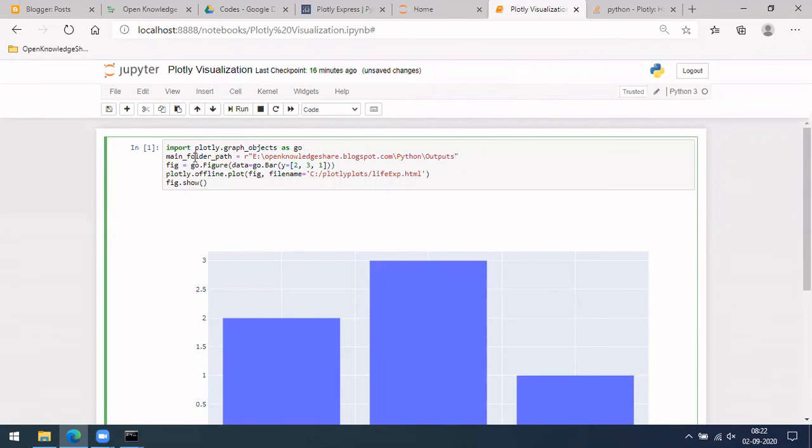Okay, so in file name, you can give whatever plot name. So plotly bar chart dot html. Okay, I gave this name over here.